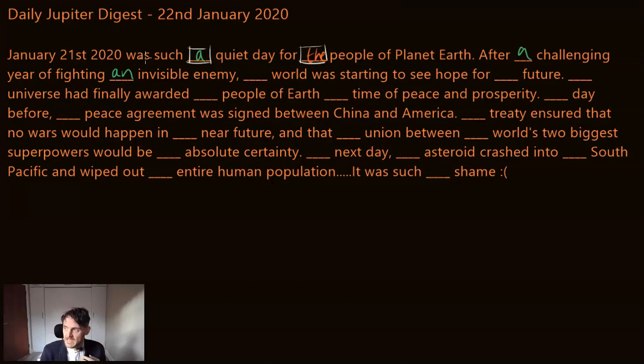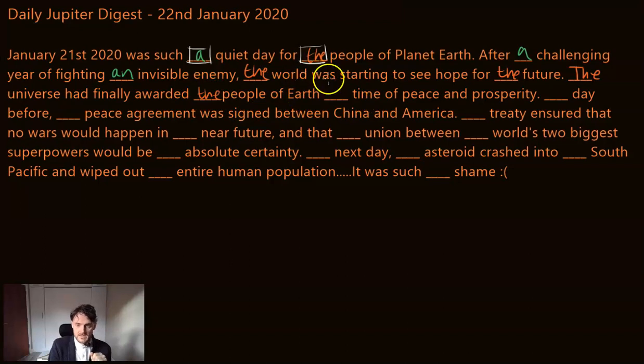Invisible enemy. Okay, well, you can count enemies. You can count invisible enemies. I is the vowel sound. Invisible enemy. An invisible enemy. World. The world, as you know, the world is the only world in the world. We're starting to see hope for the future. Only one future. The universe, only one universe, had already awarded the people of Earth, only one people of Earth,